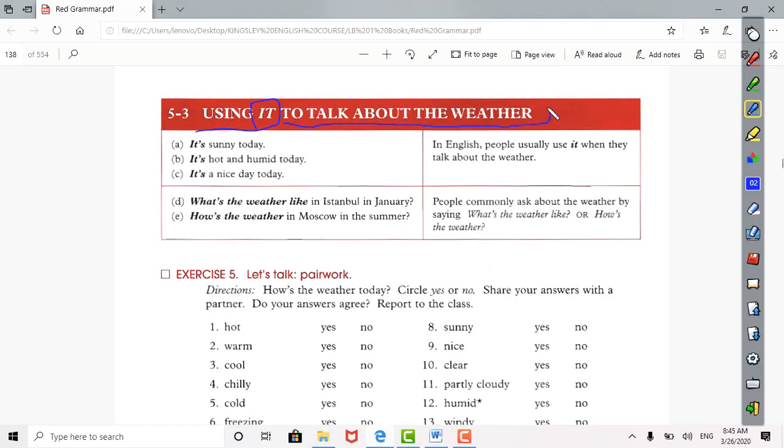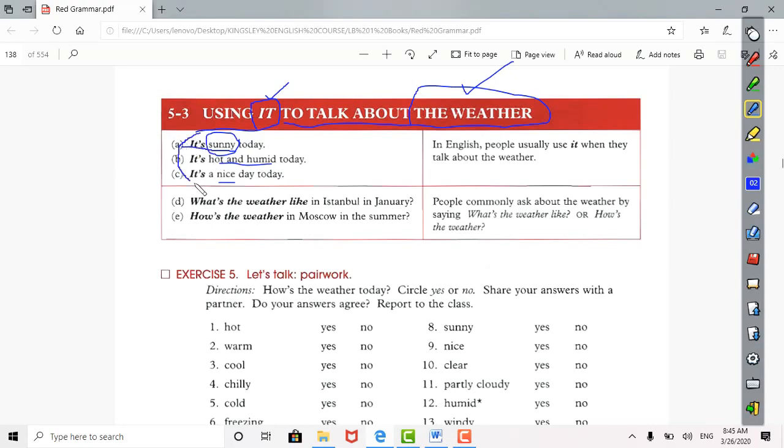All right, when you talk about the weather, you will use "it" as well. Directly I will go to the example here. It's a sunny day. Sunny is a weather. Sunny day like today. Outside is a sunny day, and then hot and humid today, and then a nice day. So when you want to talk about the weather, my students, you only need to use "it"